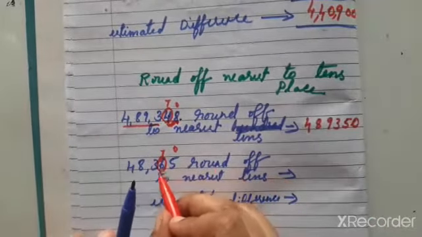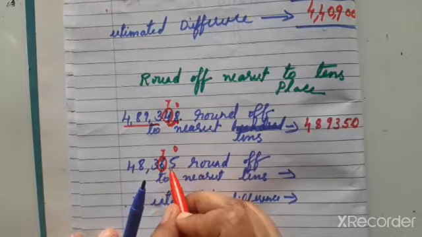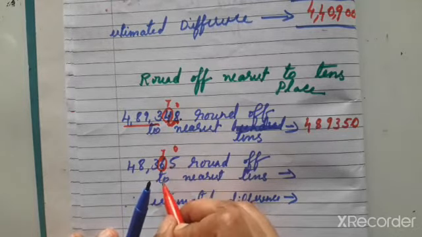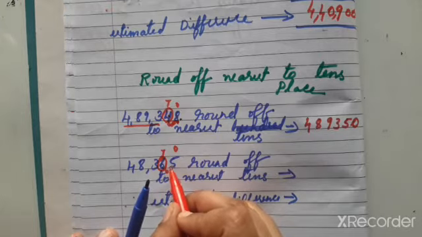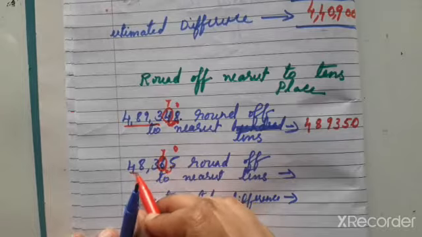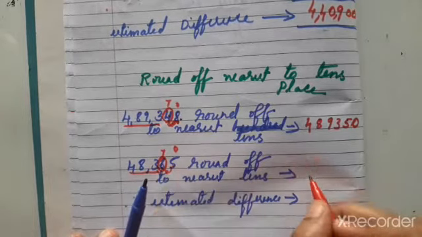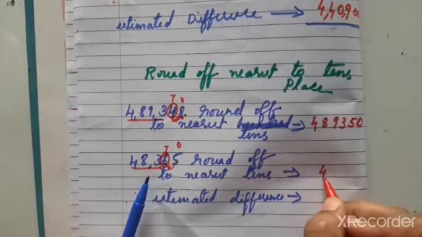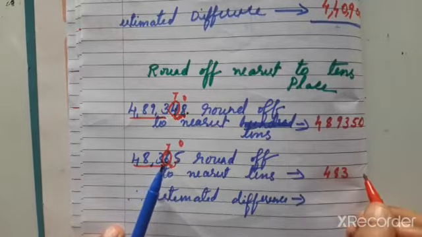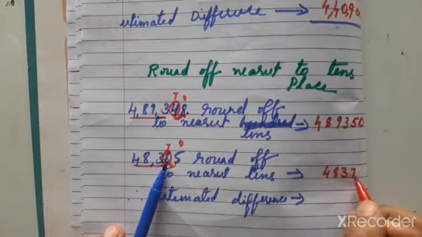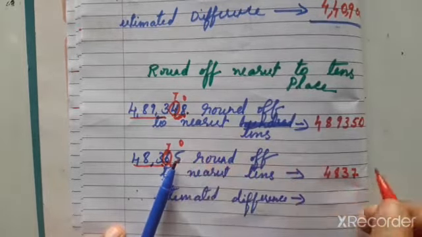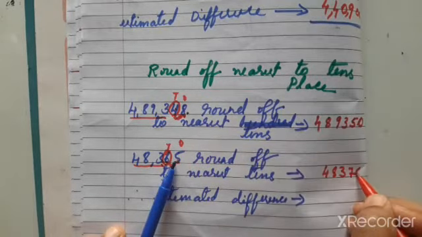Okay? And here the tens place we are checking. Then next is knock the door. Do you have 5 rupees or more than 5? Yes, he has 5 rupees. So plus 1 to here. He helped his friend, 1 here. So till here the numbers remain the same. So which one? 4, 8 as it is, and 3 as it is, and 6 will become 7 because he got help from his friend. And this helper, once the door is knocked, becomes 0, 4.